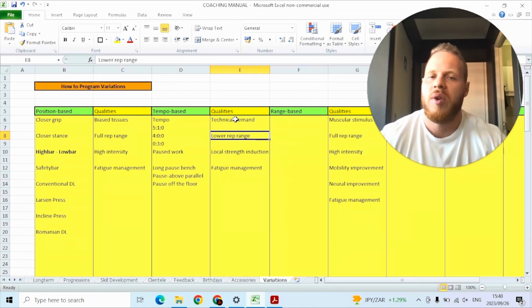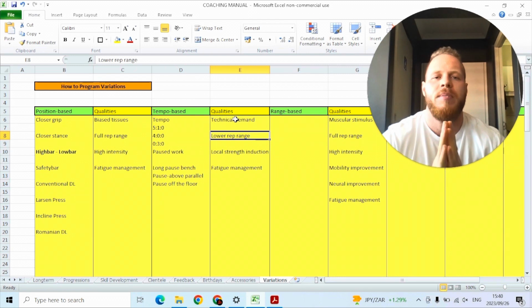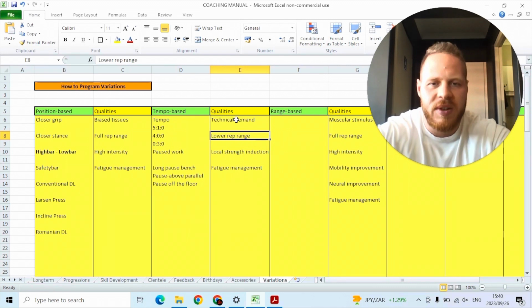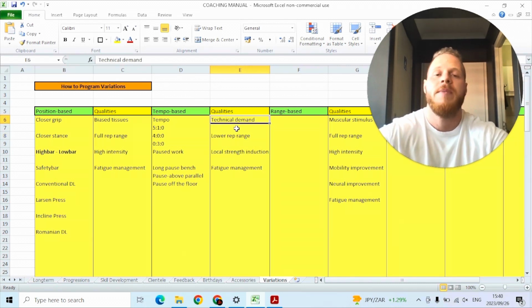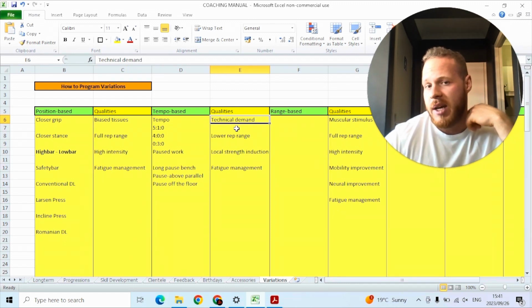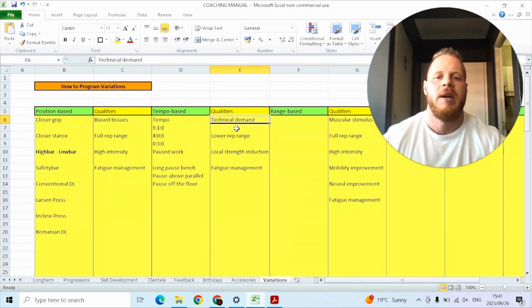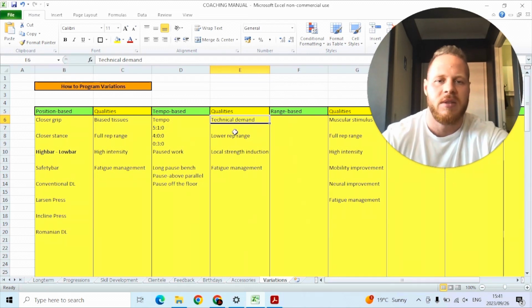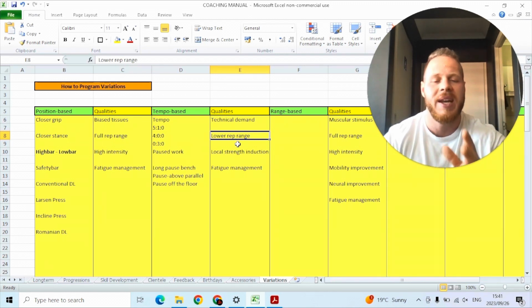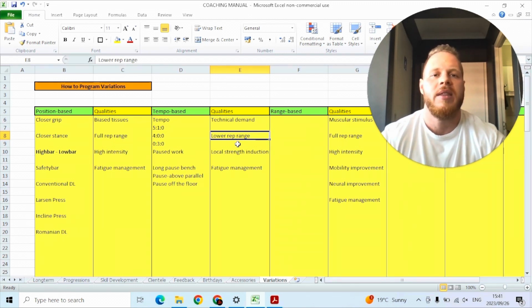Okay, really, there is no point, if you've ever seen people do tempo work for sets of 10, really not a great idea. And the reason for this is because we are specifically looking for the technical demand. Now remember, there is a different side to this called zero acceleration, which I'll touch on. It's not really got anything to do with this. But when it comes to tempo work for main lifts, we want to get the technical demand only, and so the lower rep range will be necessary, not even just appropriate, but necessary to utilize,